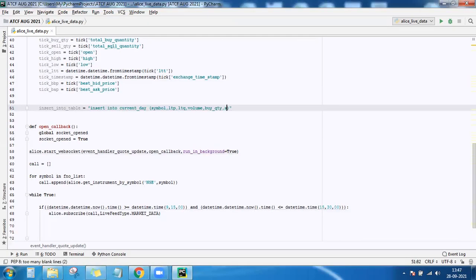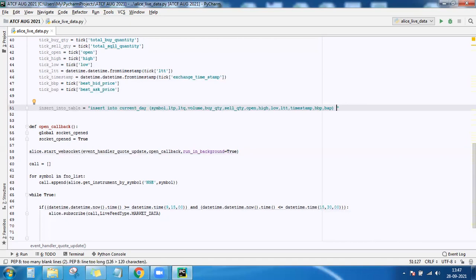Buy quantity, then sell quantity, open, high, low, the last traded time, the timestamp, best bidding price, and best asking price. These are the column names into which we want to insert the data.